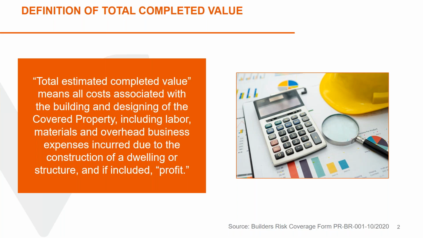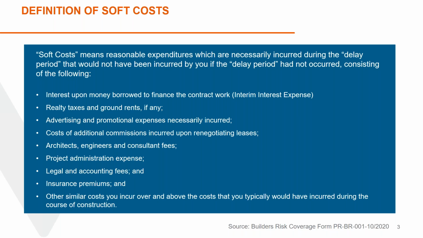So now let's take our next step into this. Holy cow, definition of soft cost. This once again is right off our coverage form. This is what it says. So we say, all right, so everything we had before, I've heard some people call hard cost, but that's not necessarily true either. So just keep in mind completed value, selling price minus land. So now we got this thing called soft cost. So the key to understanding soft cost is in that first sentence, a delay period. So we have to have a delay period in order to trigger the soft cost coverage. And the next screen is going to define delay period, so hold that thought.